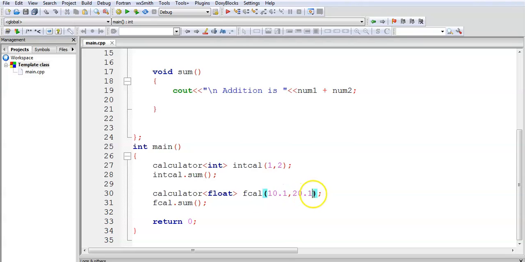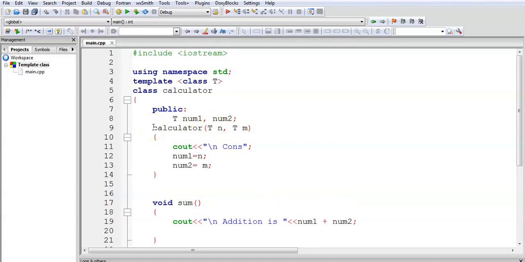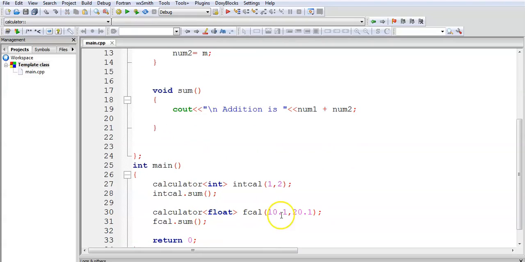parameterized constructor. The same thing is going to happen. In this class we have used the T, so when we call this constructor, it is going to identify the data type of the parameters.